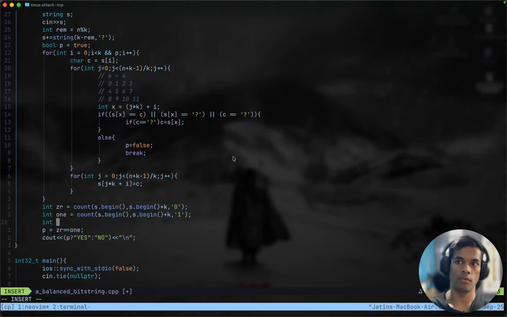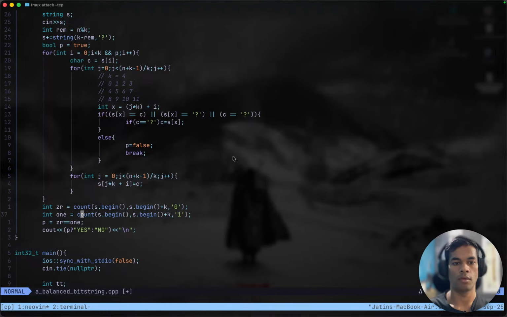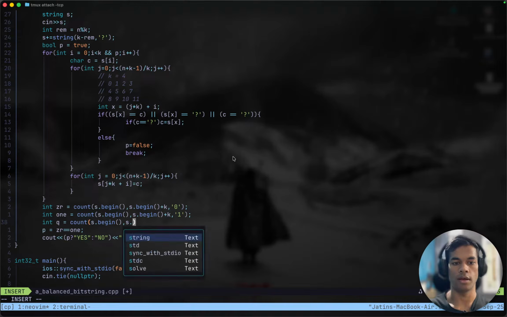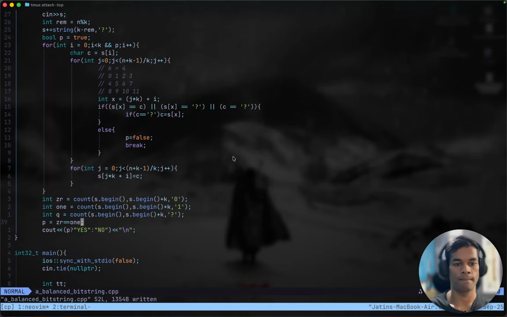Let's count the number of question marks. Q equals count s dot begin and s dot begin plus k, count the number of question marks. P equals